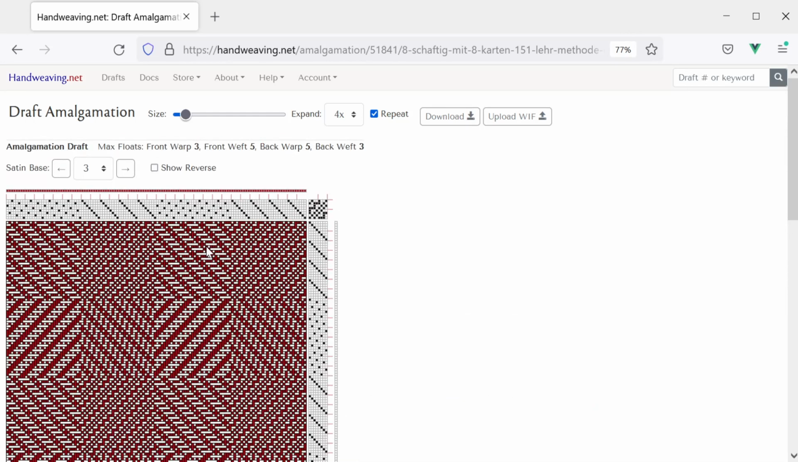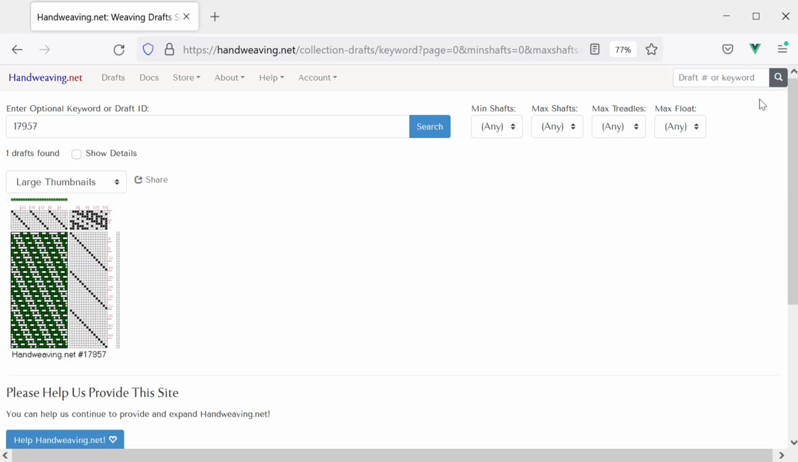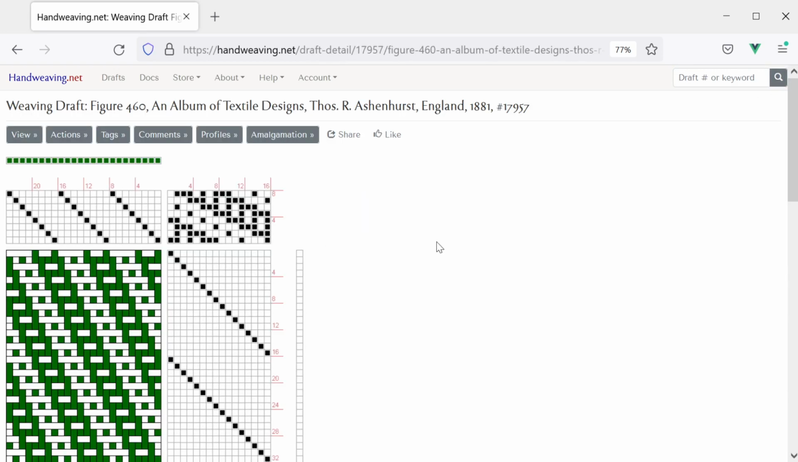All right, let's do a couple more. So this time let's do draft number 17957. Now you may be wondering how this is going to work. This one doesn't have a square tie-up. So how can you do an amalgamation which has to be treadles writ, even though the tie-up is rectangular? Well,